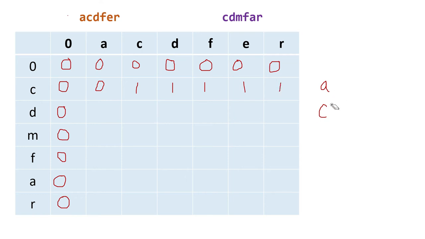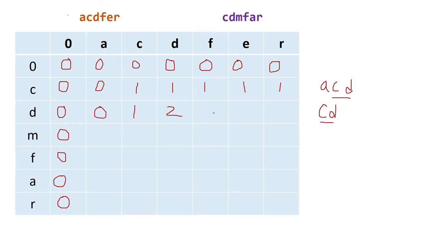Now when we are in this cell, it is A and D, right? So it will be A and it will be CD. In this cell it is CD and this is A. What is common? Nothing is common between them, so it will be 0. If we proceed here, AC, then one is common, that is C. Then when we are at ACD, two are common. This C and D is common, so it will be 2.